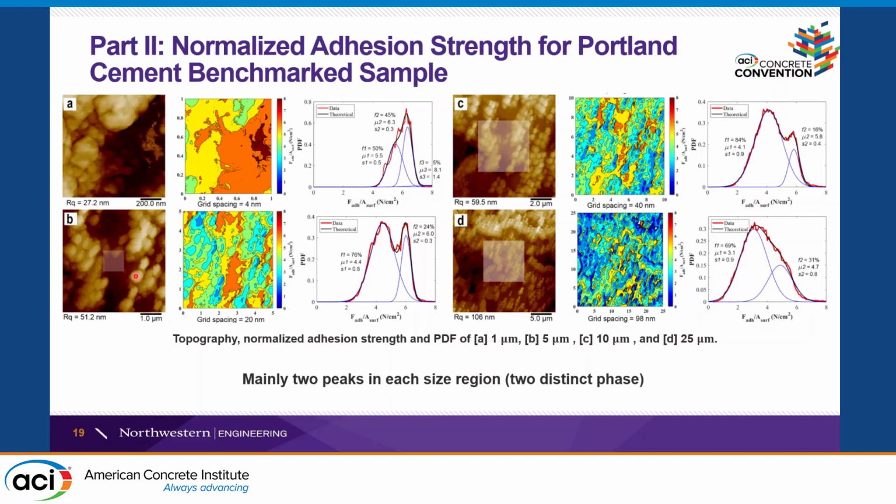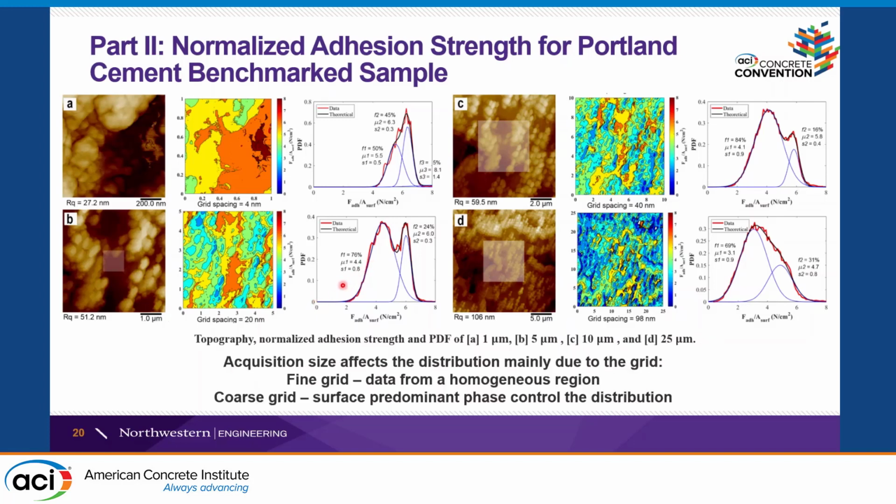Here we have 1 micro by 1 micro. This one is 10 by 10, 5 by 5, 10 by 10, and 25 by 25. And these are the distributions of the system, and mainly we seek two peaks, one with lower adhesion strength than the other. And if we do an acquisition size that is very small, we will localize the measurement to one of the